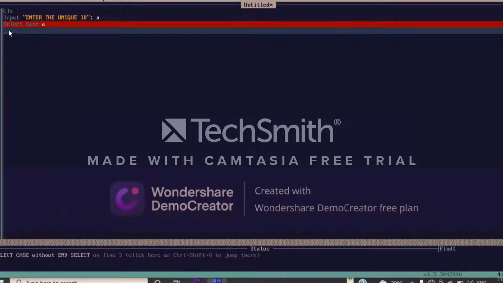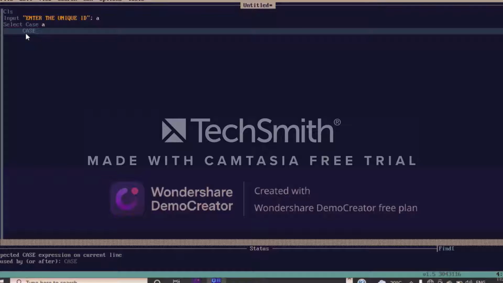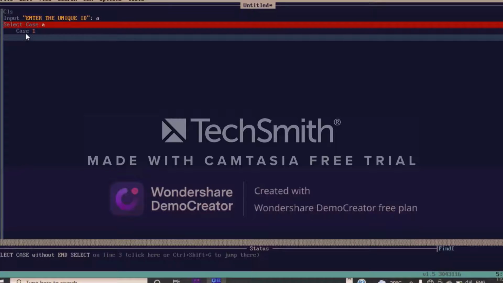As in a QBasic program, if you are giving any special command, suppose I have given a SELECT, before the end you have to give that command only for the SELECT. If I give an IF program, then we would give END IF. So give some space and write CASE 1. So I am starting the case program. For that you have to give the number, which is 1, which is also the unique ID.